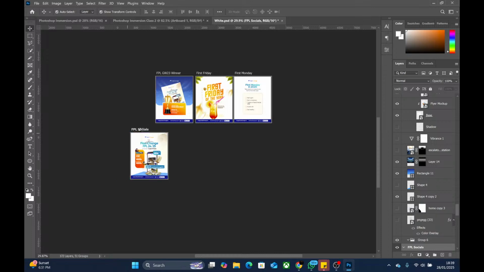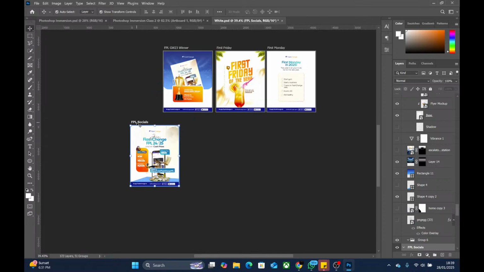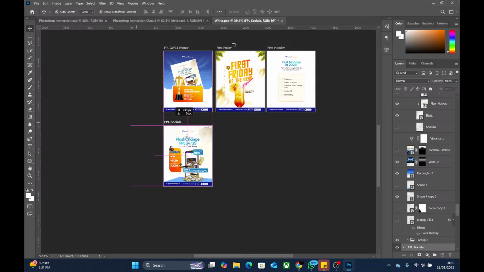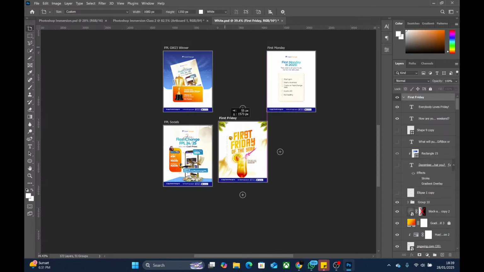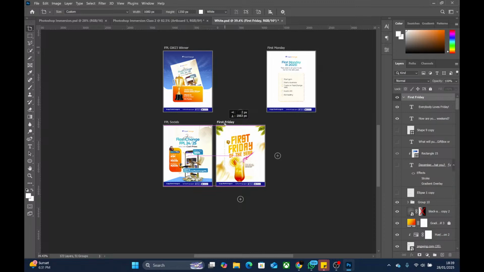So I've increased this canvas size, and now you see, if I click on the name of the artboard, I can move it around. Can you see? It goes around. I can bring this other one down like this, and then it goes around. You need to click on the name. You hold your mouse, do not release your mouse, hold and drag. Click, hold, drag. I'm saying this because I know some people are not used to computers, but normally what you do on computers, when you want to move something around, is to click and hold and drag. I'm not supposed to be saying it, but for the sake of people who are new to these things, please bear with me, bear with them as well. So you can click, hold and drag.